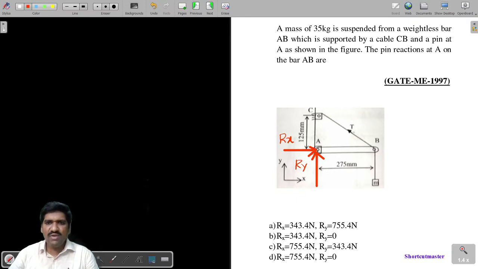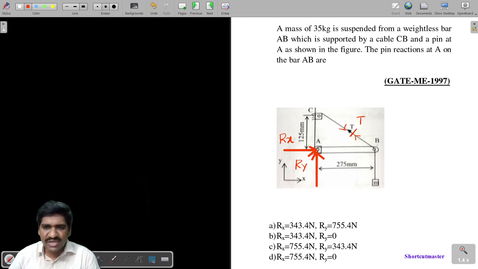If you cut the string, what generally happens? You will definitely have an equal and opposite tension T in the string. With respect to this body AB, the tension force will be acting away, and with respect to point C, the tension force will also be acting away. Remember one point clearly: when a string is connected to a body and you represent the tension force T in the string, always place the tension force away from the body that you are considering as the free body diagram.